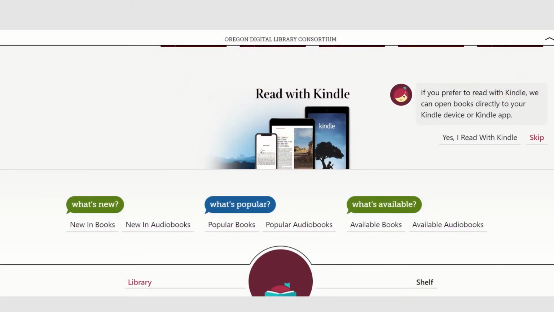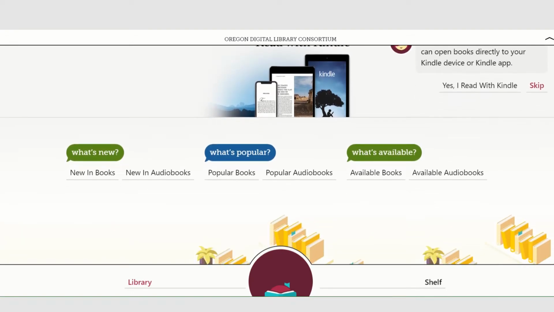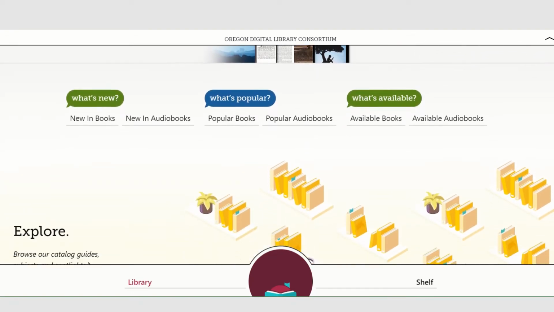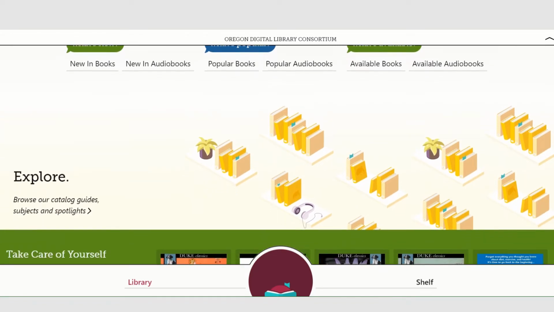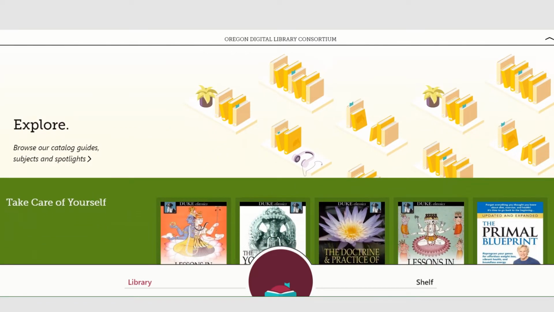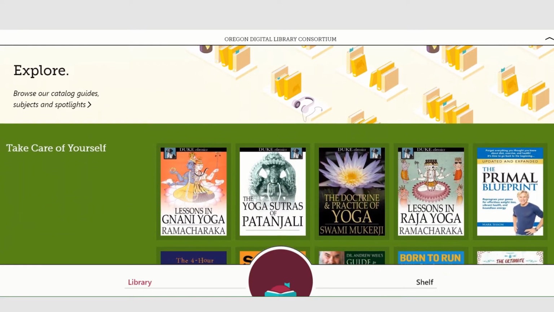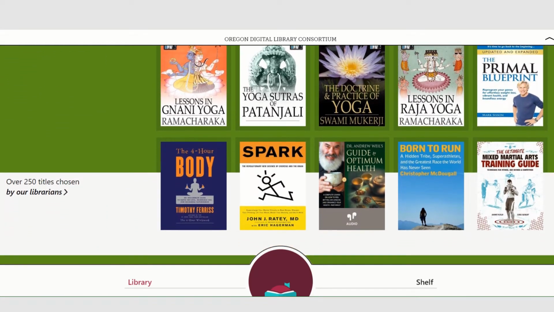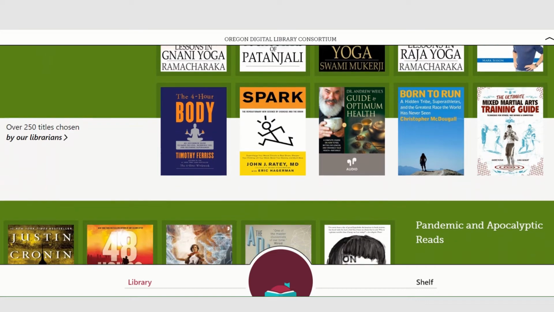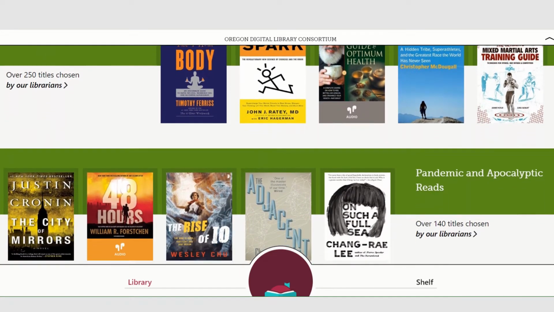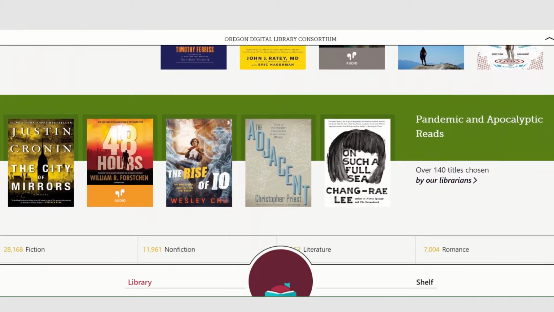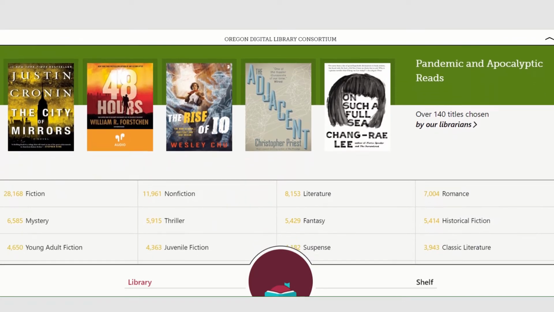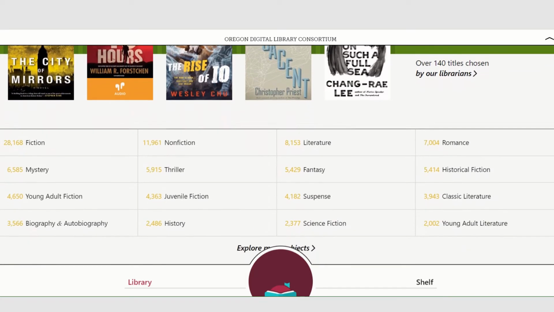Everyone! Did you know that you can access free ebooks and e-audiobooks from home with your library card? Today, I'll show you how to get started with this process using Libby, one of the library's most popular services. This brief tutorial will guide you through setting up Libby on your device so that you can download ebooks and e-audiobooks from home. All you need is a computer, tablet, or smartphone, an internet connection, and a Link library card